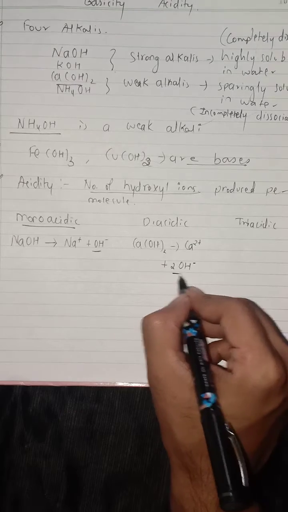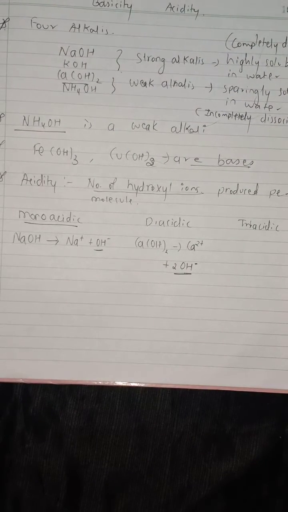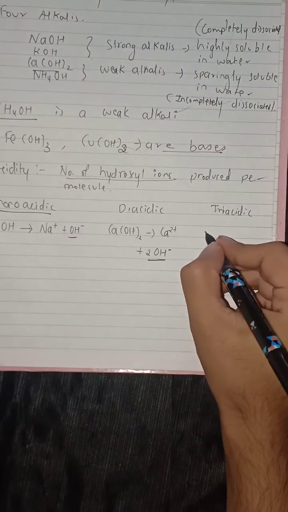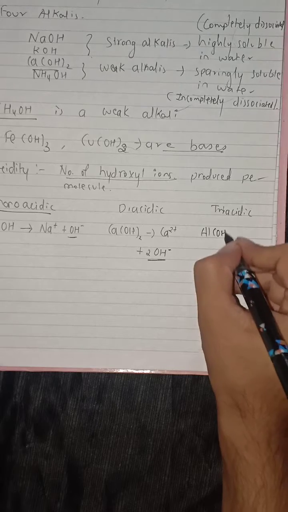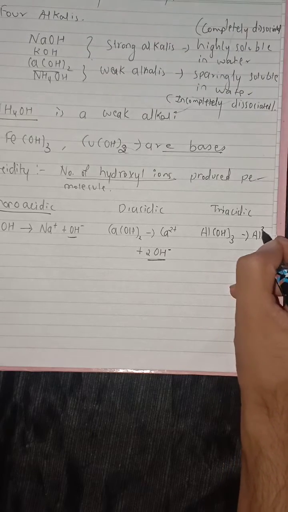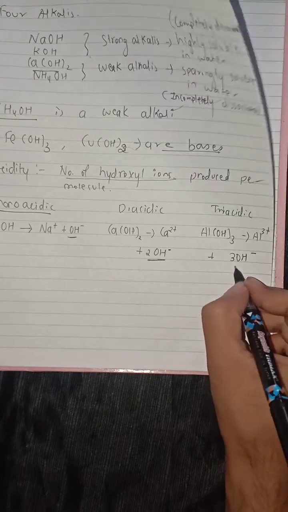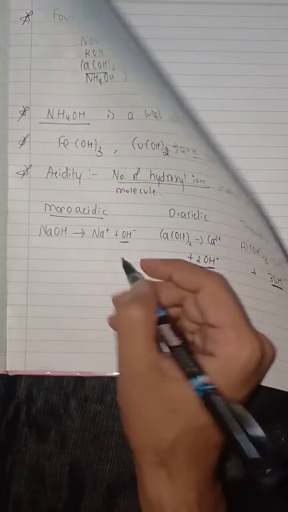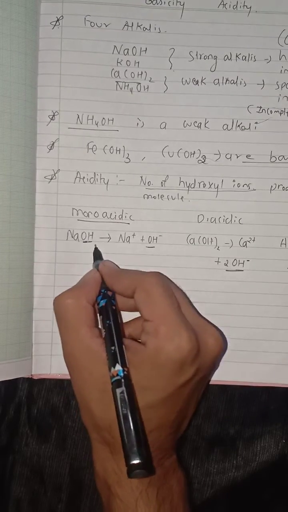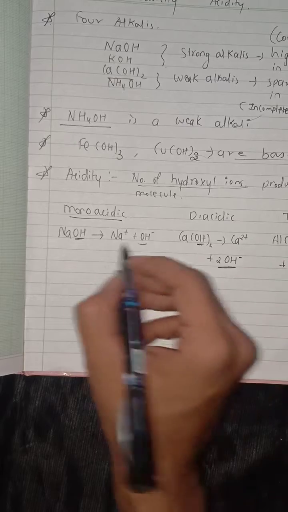How many hydroxyl ions are there? 2. And this is aluminum hydroxide, how many? 3. So basically if there is one OH it is monoacidic, 2 OH is diacidic,